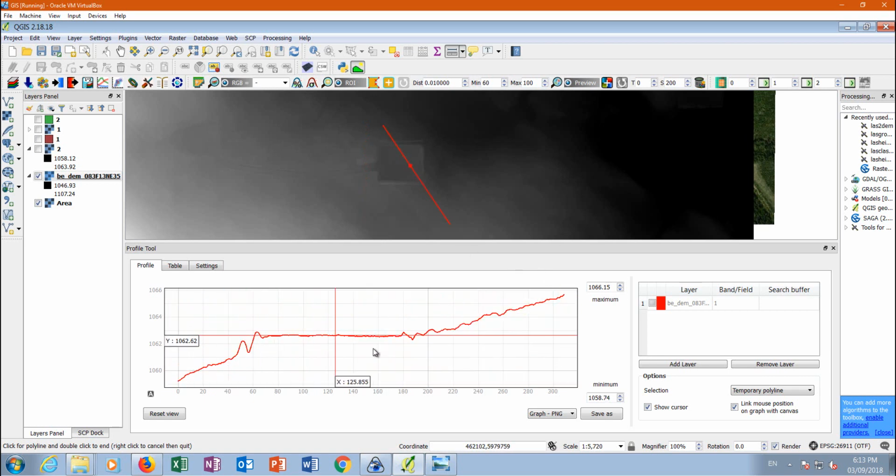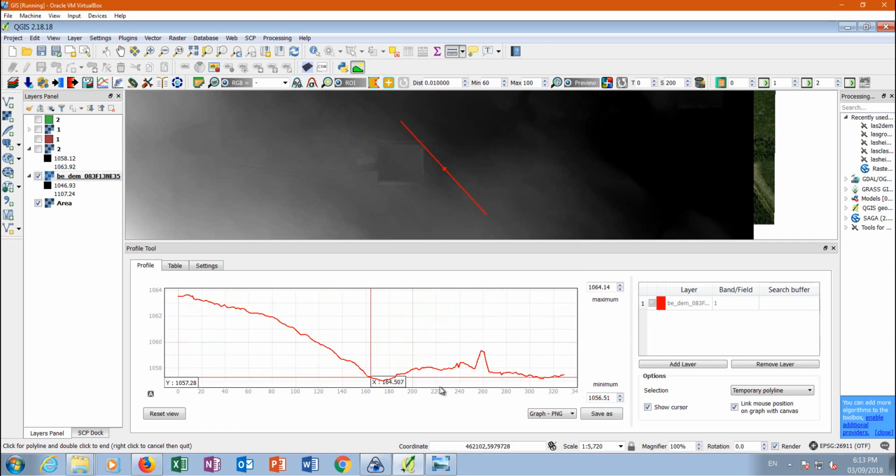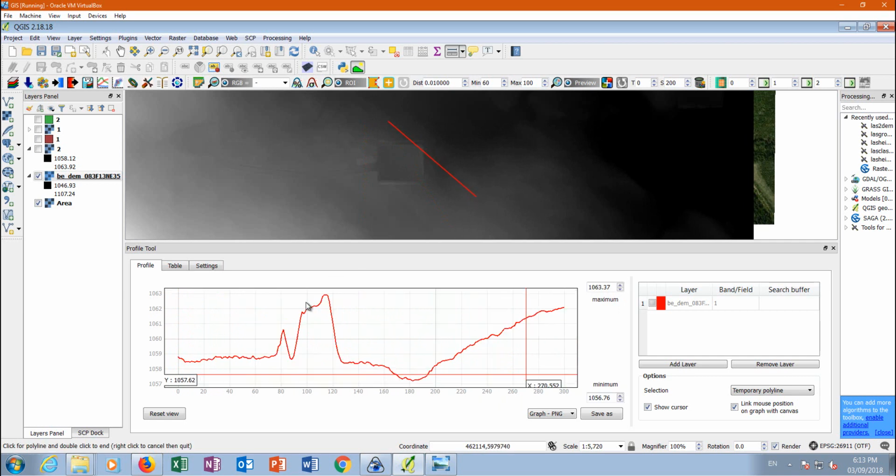Some different sections. Be careful with the vertical exaggeration, because sometimes it is too much. You have to be aware that we have here 300 meters from 0 to here, but from here to here we have just 6 meters. The vertical exaggeration is too big. Okay, and now let's work